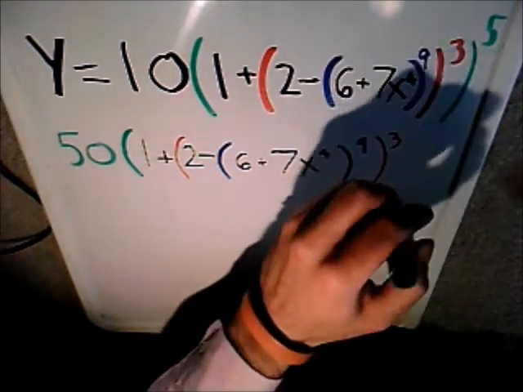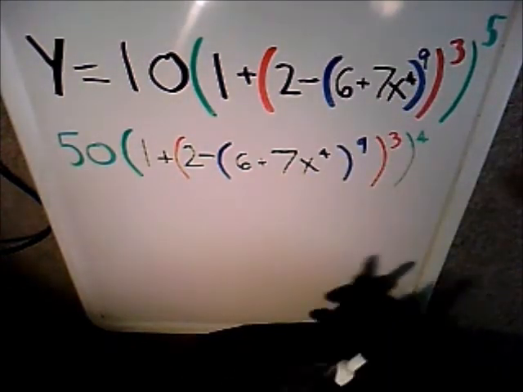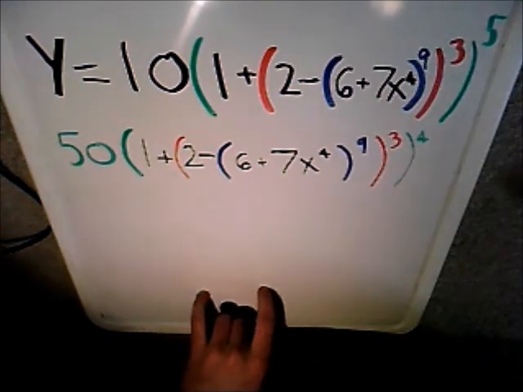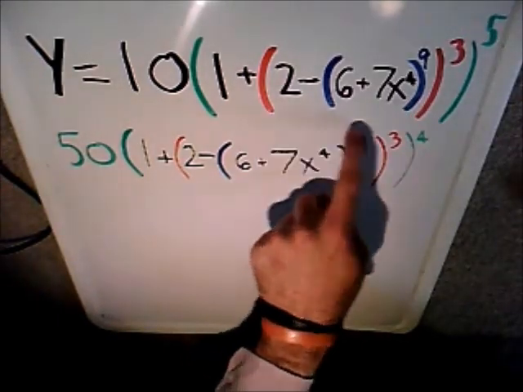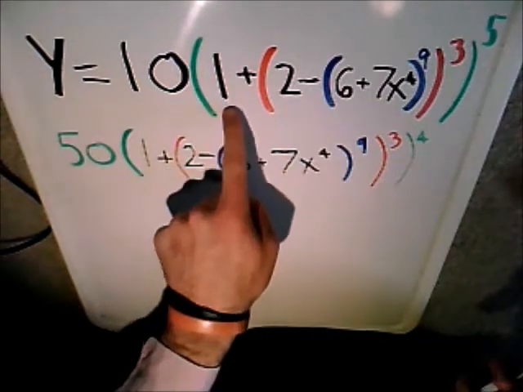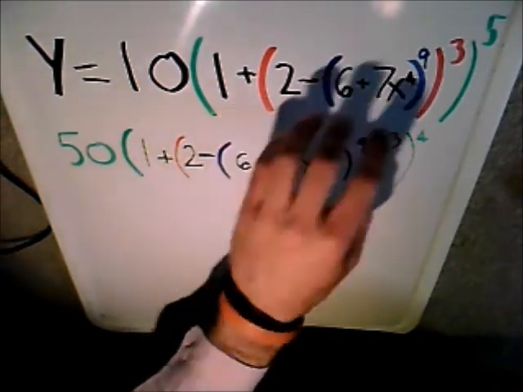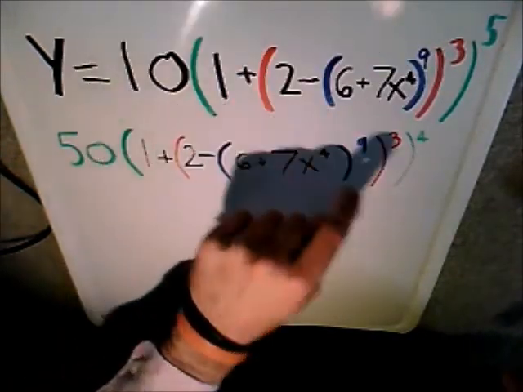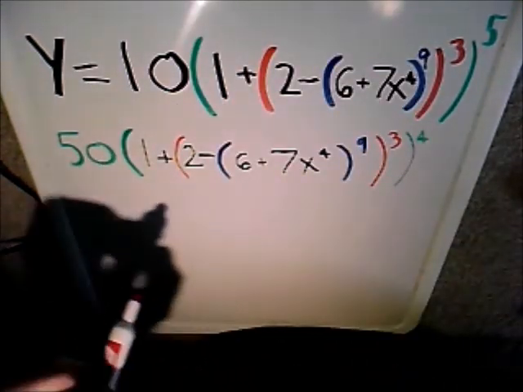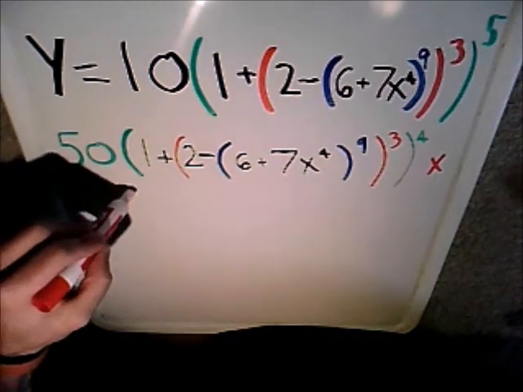Now, this is only going to be to the 4th. Now we use the chain rule. We have to multiply by the derivative of the function inside, which is going to be this red thing. Now, this is also included as part of the function, but we know that the derivative of a constant is 0, so the derivative of this is going to be 0. So now we just have to multiply by the derivative of everything inside the red parentheses, which is going to be times 3, power rule,